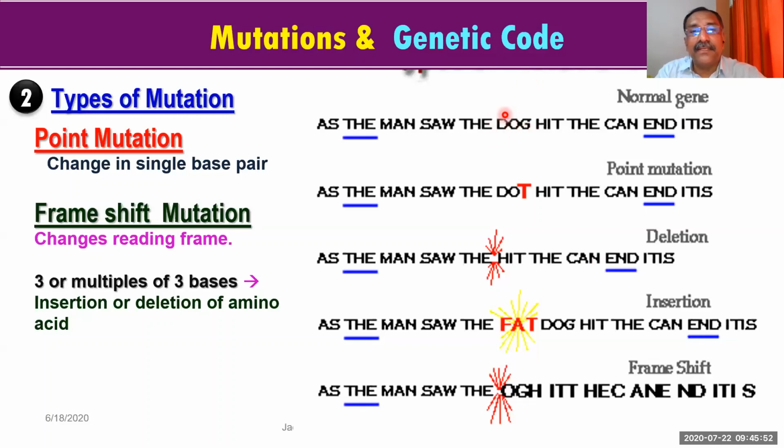But you remove the D. Then how many are left? Only two. So you want to make it three. How will you make it three? The letter ahead will come back. Just look at an assembly, when you are standing in a line for some program. Are you getting me, friends? You are standing there in the queue, in line. Somebody does some mischief, so in between, one is removed. So just imagine that you are standing there in numbers of three.